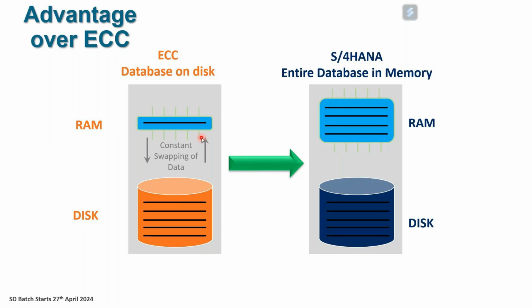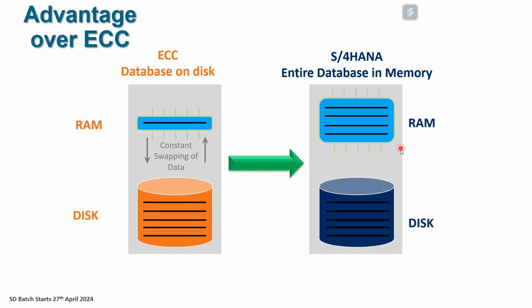Now, because of this, the RAM was small, so it could not keep all the data. So it constantly asked for data from the disk, and the disk is a physical disk which is moving, moving, moving. Therefore, the data access was slow. RAM could not get data very fast, and RAM could also not store a lot of data. So therefore, things were slow. And with the coming of S4 HANA, your RAM is as big as the disk. So RAM fetches data from the disk and keeps it in the RAM. Why? It does not need to delete that data. The RAM is so big now that it can keep 99% of your data here.